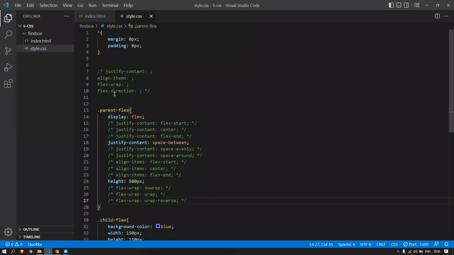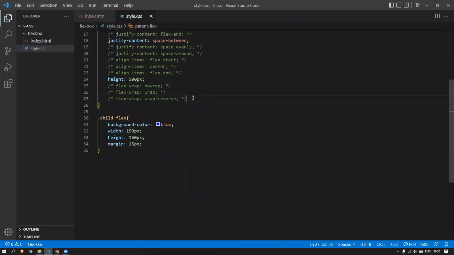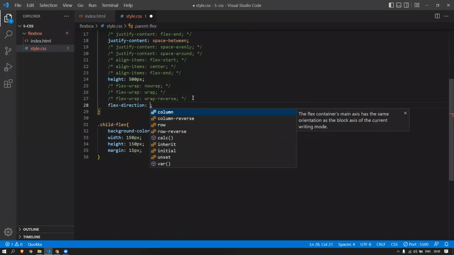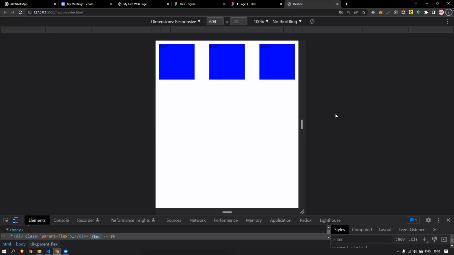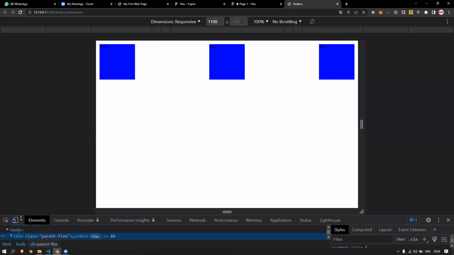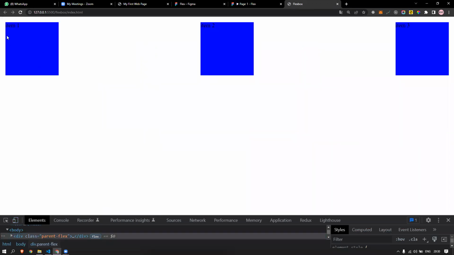Now the second thing, the flex wrap is completed. Then we have a direction. I told you there are two directions: one is row and another one is column. First I'll give you row. The row is the default, so nothing is going to change, because it's a default value, 1 2 3, it's a row. So if I give